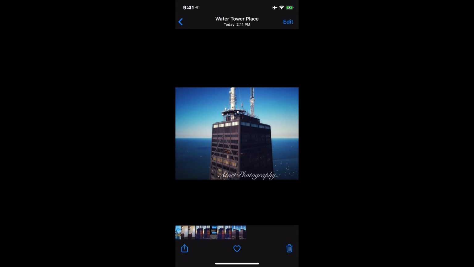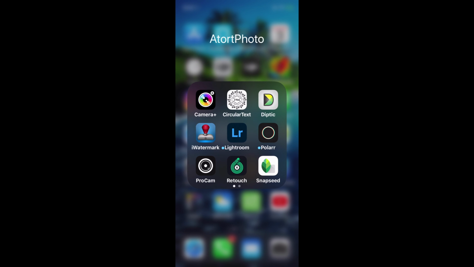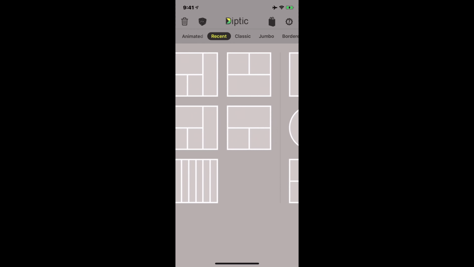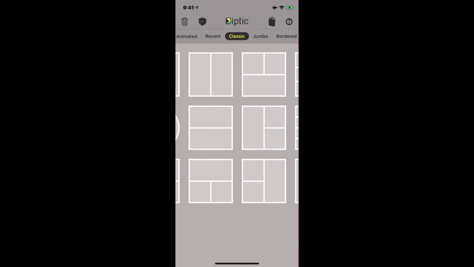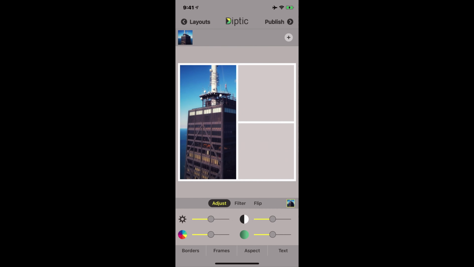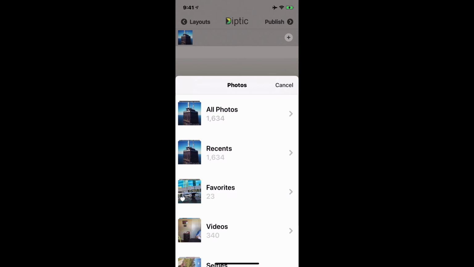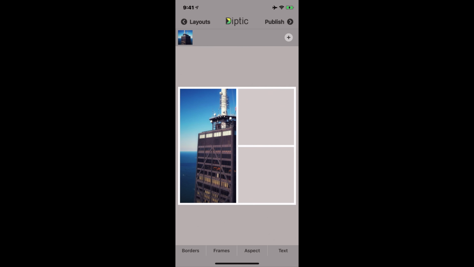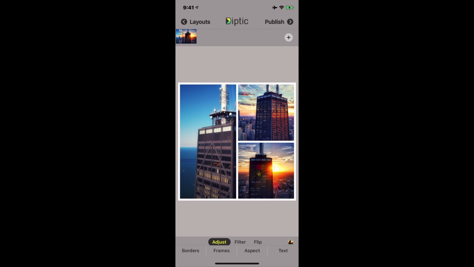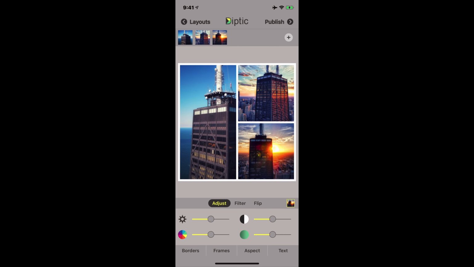So now we have that. And now what we can do is another option creatively. We can go in like diptych or something and say we want to pick something like this, because I know I have a vertical shot. So maybe I use this image for the vertical. And then I can use that image for that. And then maybe I can use this image here. But you see how we can create and get cool posts for social media, or just cool content for promoting